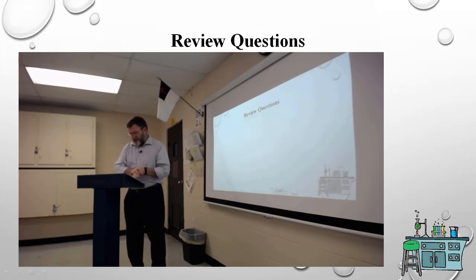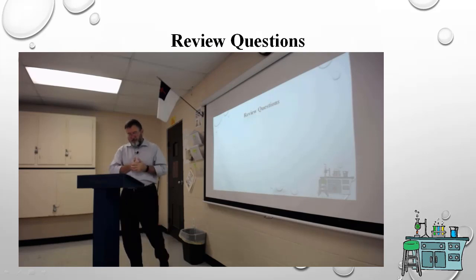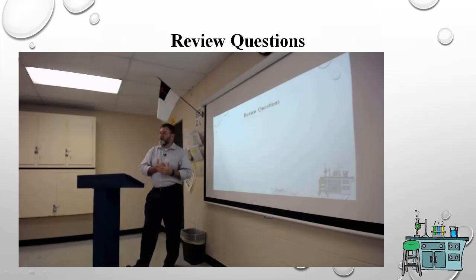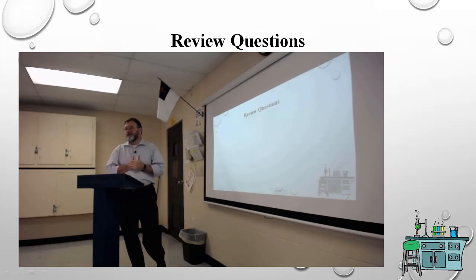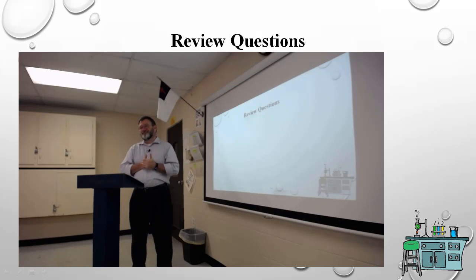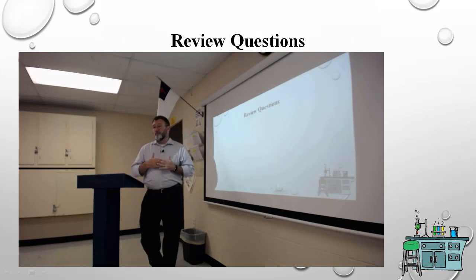Number 10 says, which law governs how carbon and oxygen can form two different molecules, carbon monoxide and carbon dioxide? I didn't do this one, but I understand it. It's the law of multiple proportions. Okay? So we talked about Dalton and how Dalton explained conservation, explained definite proportion, and predicted multiple proportions because it